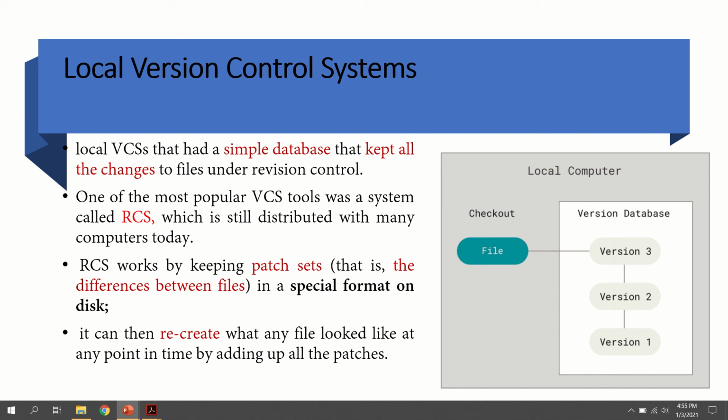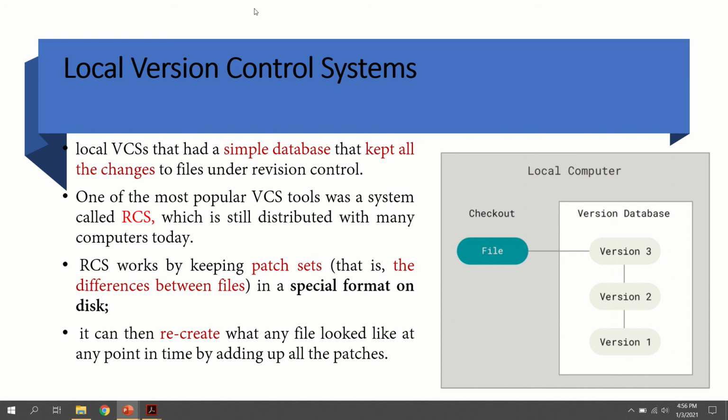I can create a database in which I can store each and every detail, like your roll number, register number, name and address. So in local version control system also, a simple database is used which will store all the changes which are made to the files. That is how the version control system works.